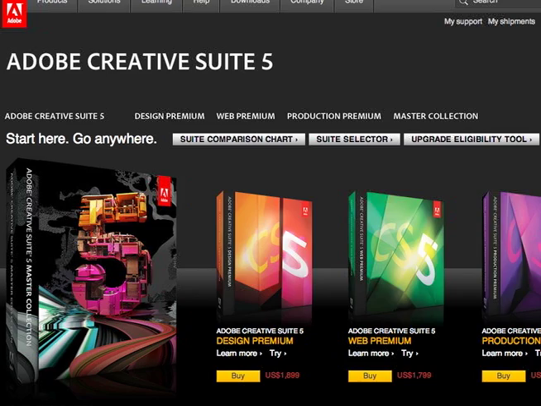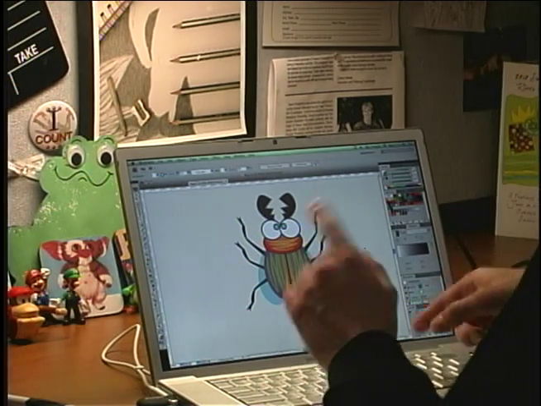Some of the programs that we have to use, especially on my end, I use Photoshop, Illustrator, and things like that to create my graphics, and I draw them. I'll also sketch something out, and I'll scan it in, and I can draw it with Illustrator. And one of the images,